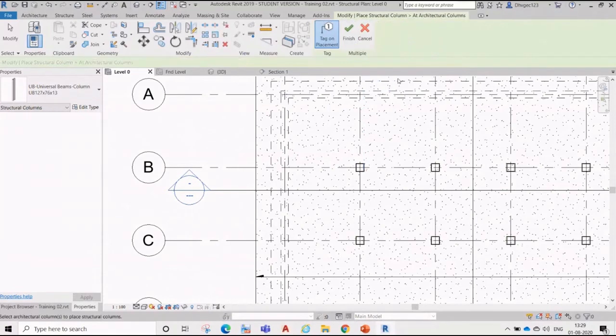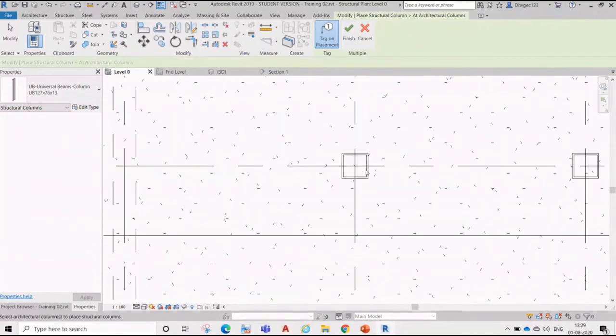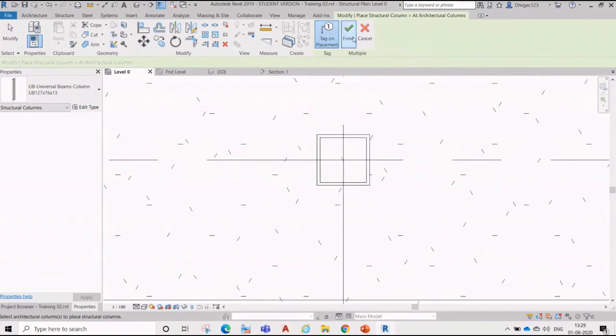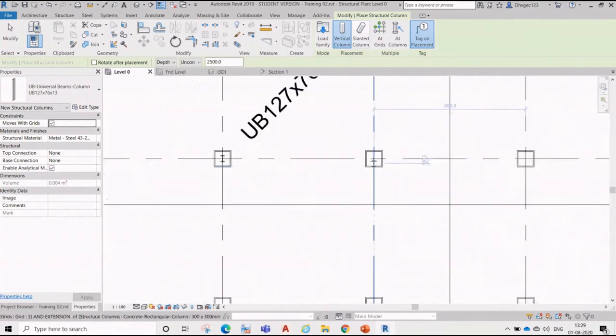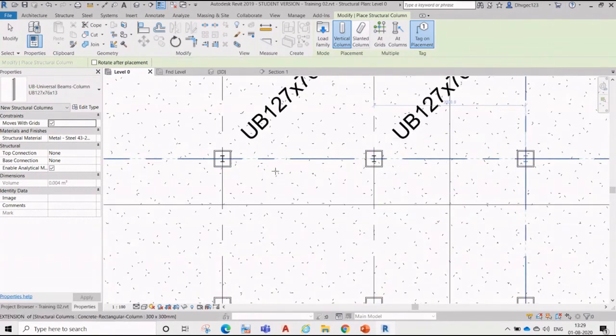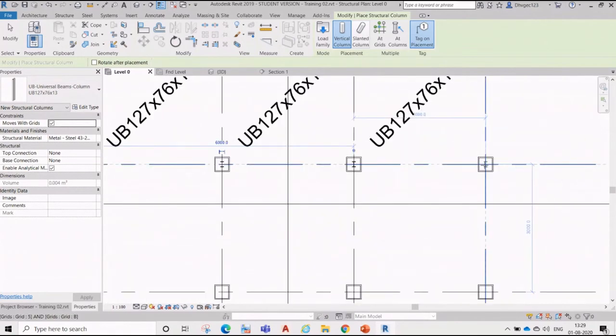At column, we'll put column by column now. We'll put it over here, one by one. Not an issue.